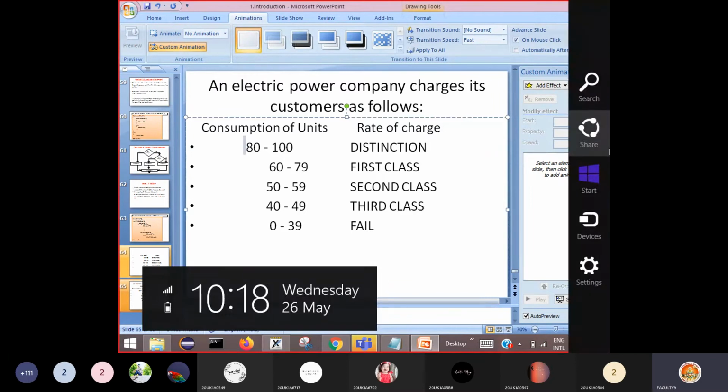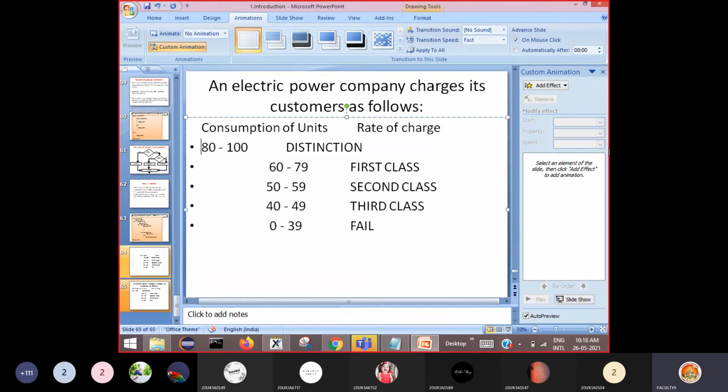So if it is between 0 to 200 units, first I'll write all these conditions here.